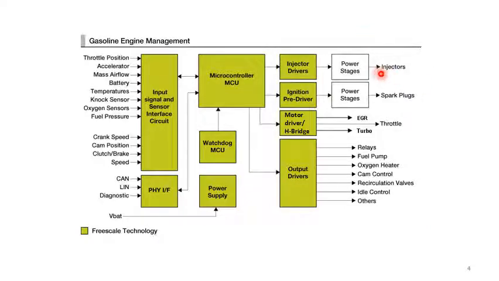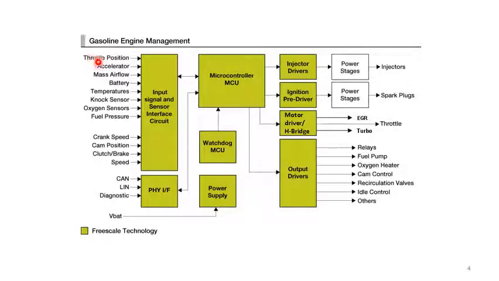What needs to be controlled? The injector flow, which is going to inject into the cylinders, the production of spark and spark plug timing, the EGR valves, the turbocharged valves and the relay, oxygen pump, the cam rotation controllers and the idle controllers, and other controllers. These are the controlled variables.